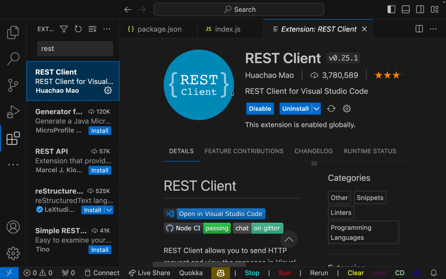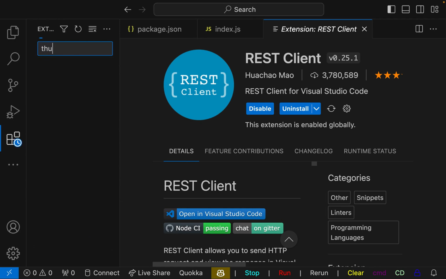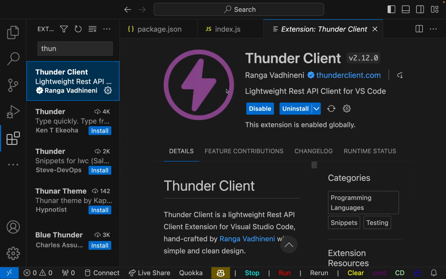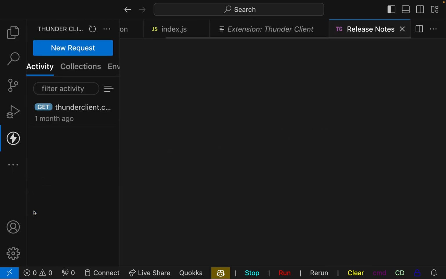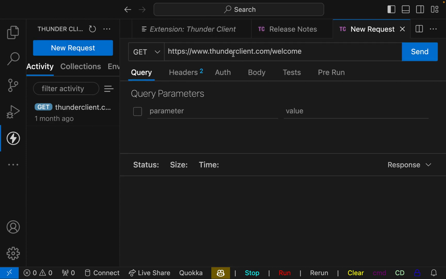Or there's also another extension which is called Thunder Client, and that has almost the same features, kind of a UI within VS Code, and this is it right here. Just go to extensions, and we have here Thunder Client, and I have it also installed on my system. So let me quickly test with Thunder Client, and after that we'll also test with the REST Client, which I showed you just now. So I have here on my extension Thunder Client. Let me open that up and just click on new request, and here you can just go ahead and put in your